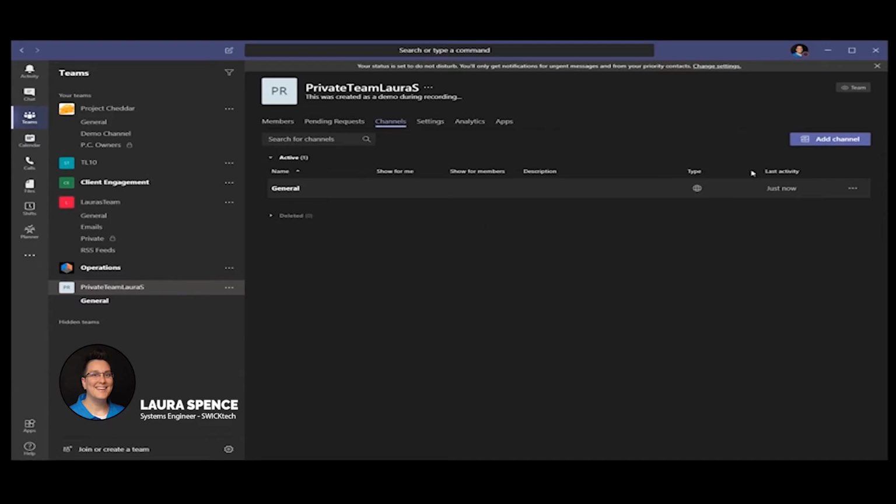Then we have our channels. So as you see, we have multiple channels listed here. Channels are a way to drive a conversation, focus a conversation, and consolidate files. A great example is, let's say you have your entire company team where everyone's a part of, and you have your general channel to say, hey, there's donuts in the break room. But then underneath there, you maybe have your HR department or HR documents, or you have your individual departments that members are a part of. You can create different channels